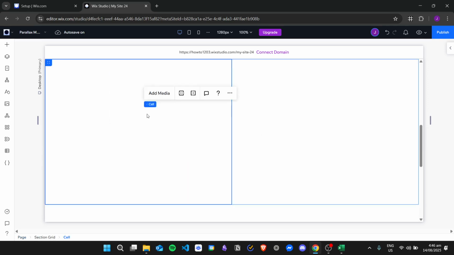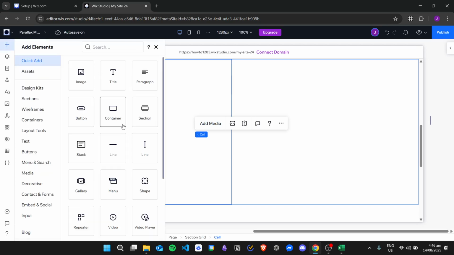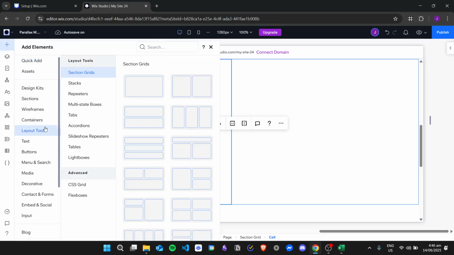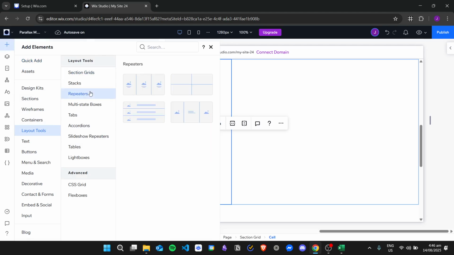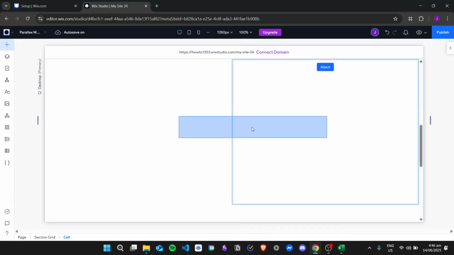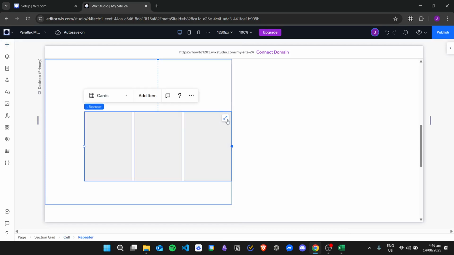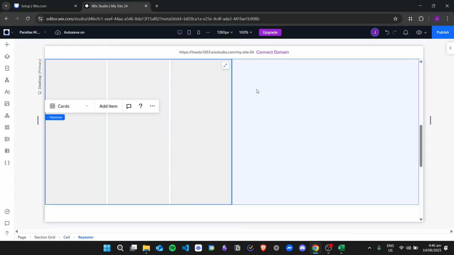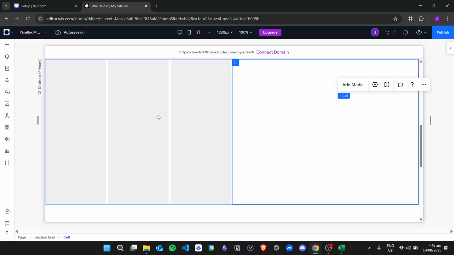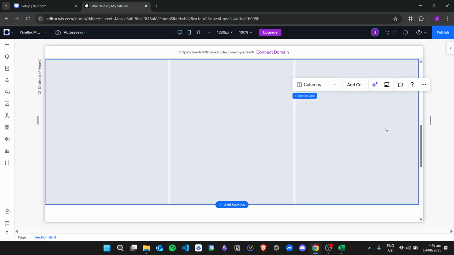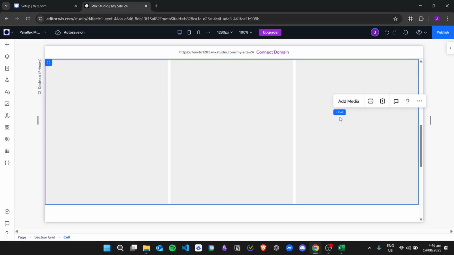But what we can do in order to save time, let's go to Add Elements and go to Layout Tools and then click on Repeaters. So we have these repeaters right here. Choose anything that you want. I will choose this first one, and then I will just add it, and then we can just stretch this into our section grid. We can also delete the other section grid since we don't need it,